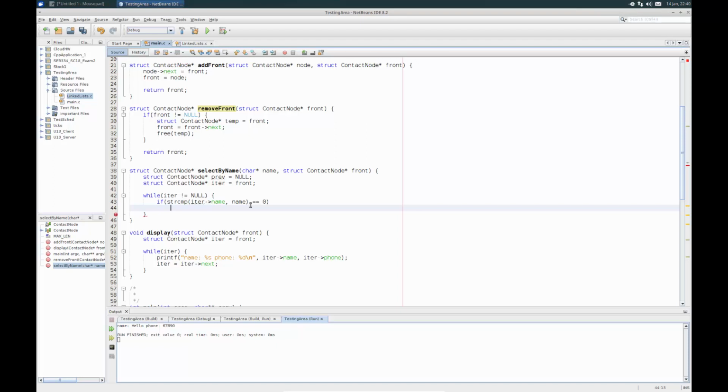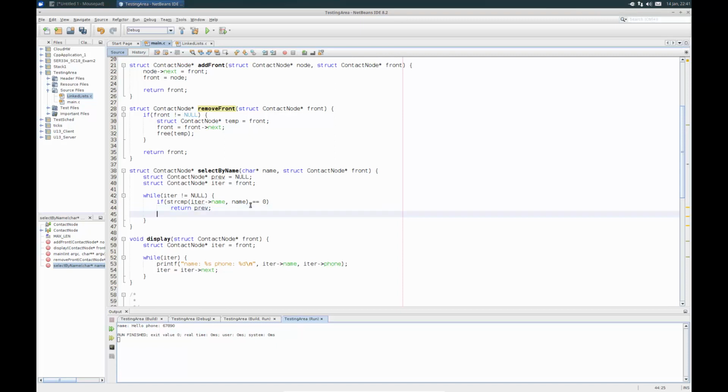Now, the way we described it in the previous slide is we said that, hey, when I find something, I'm not going to return the node itself because that restricts the things I can do. Rather, I'm going to return the node before it because then I have a reference for, if I want to delete this thing, I can actually update that. So if we have those things match up, inside of here return previous. So we return the node before the one we just found.